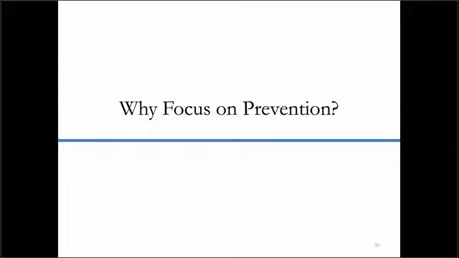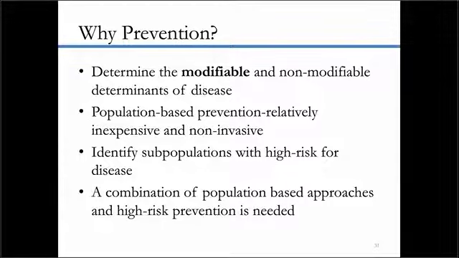And so as you mull that over, really prevention is the core of public health and the core of understanding the distribution and determinants of health in our population and of individuals. And so if we can determine modifiable and non-modifiable determinants of disease, and we can say, we know that physical activity is associated with a number of health outcomes, then we want to get our population to be physically active to prevent those health outcomes from happening in the first place. And this level of prevention and preventing diseases before they happen is less expensive, and it's often non-invasive, and it helps ensure that all people in our population have the right to health and can live as healthy a life